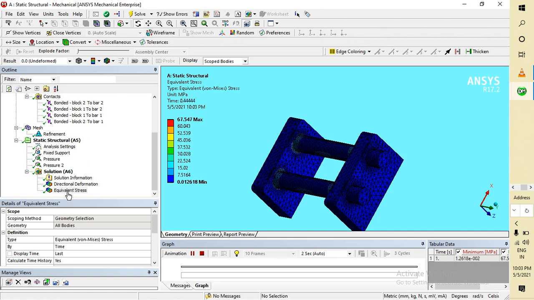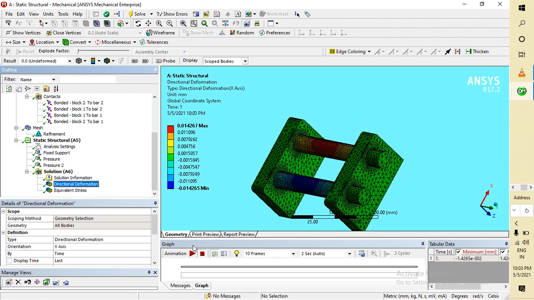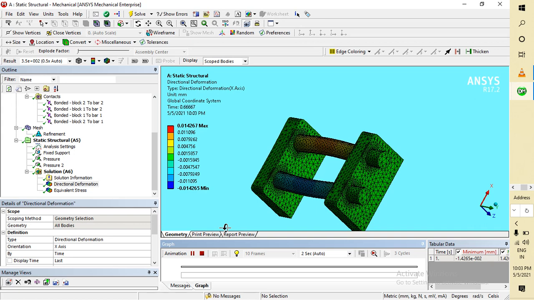You have to go to the deformation, not equivalent stress. It is only showing this one. So to do Undeformed, it is chosen here. Now you have to give True Scale. It is also not giving here. Now you have to go here, like this. Okay, its scale is decreased so that it is visible, guys, how much deformation it is showing with a very small difference.